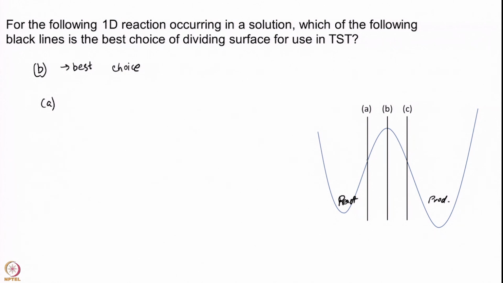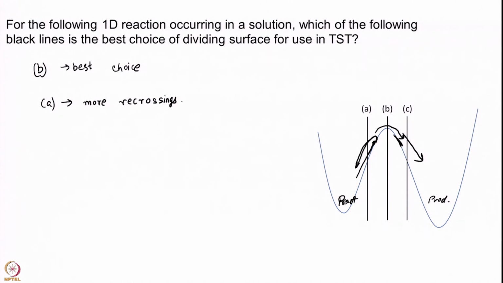If you draw the dividing surface at A, you can have trajectories that are going up and they just have more chance of reverting back compared to B. You can have that happening at B as well, but at B a trajectory that crosses here sees a force that looks like this. So, this is more inclined to keep on moving forward. At A, a trajectory that is going up might not have enough energy and it just turns back. So, A has more recrossings, which is not good.